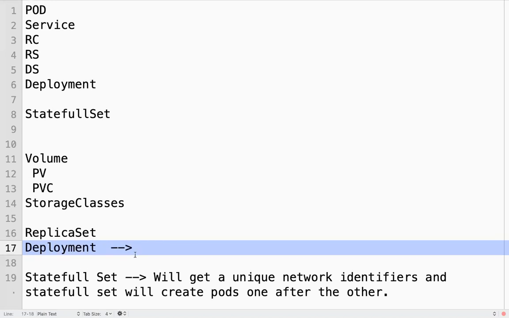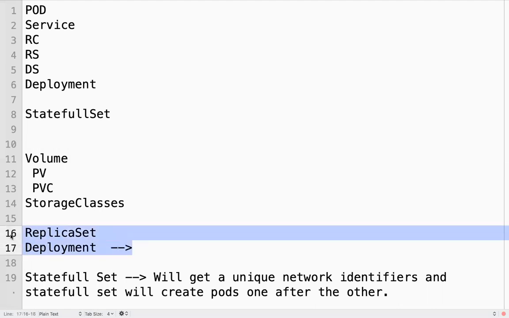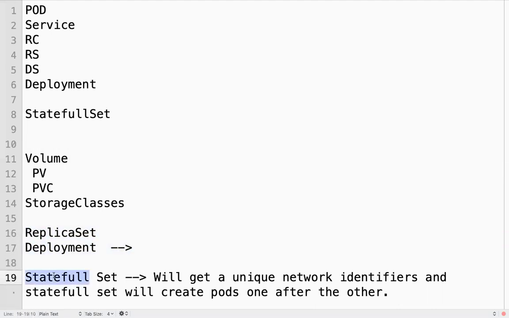So deployments are basically used for stateless applications, but however you can make them stateful by using volumes. But StatefulSets are basically for stateful applications. We will get unique network identifiers, and also a StatefulSet creates pods one after the other.